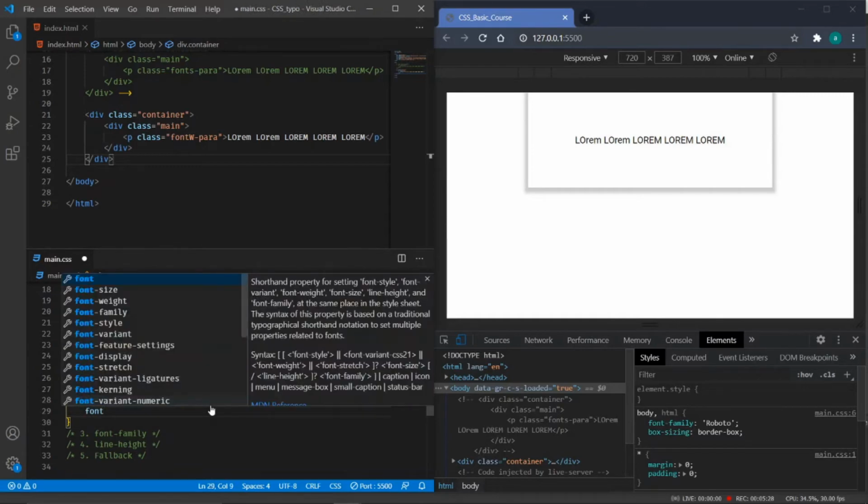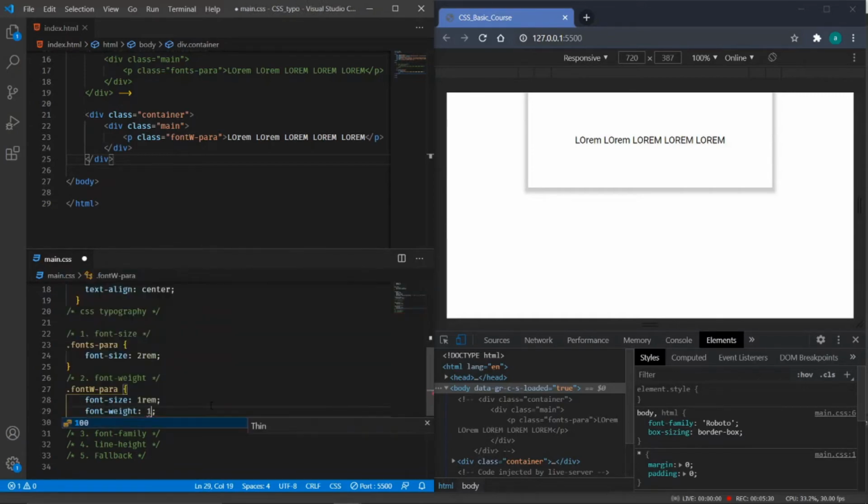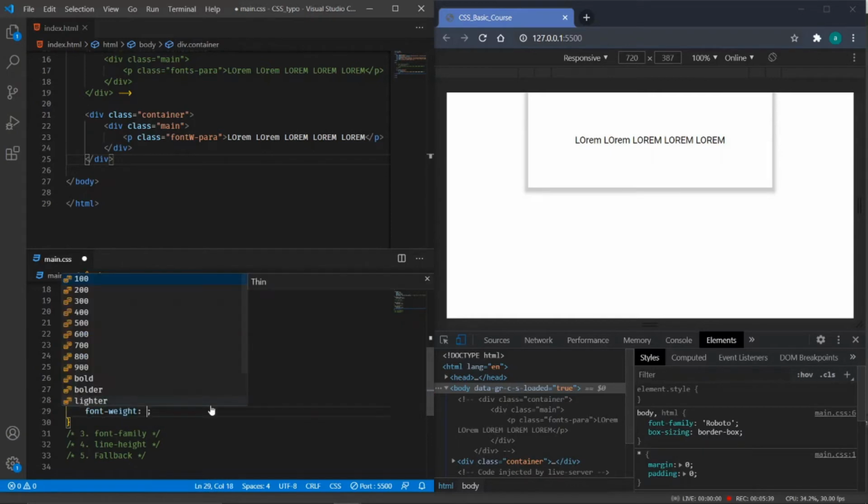After this I will add font weight. Let's go over it once again. For font weight, you can see we have these default values, that is bold, bolder, lighter, normal. We have already seen these things, and there are values also ranging from 100 to 900 with a step of 100.